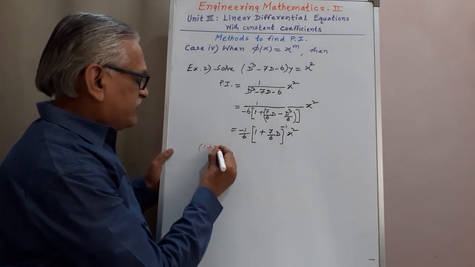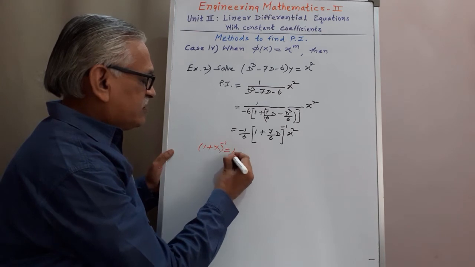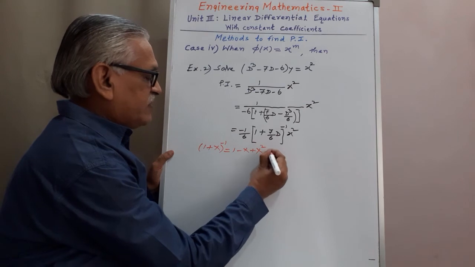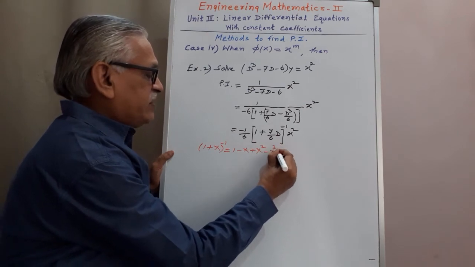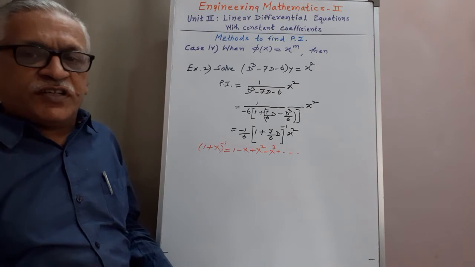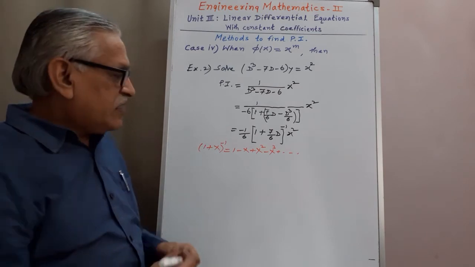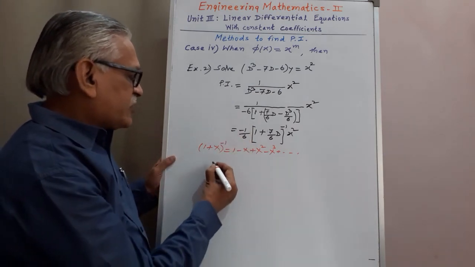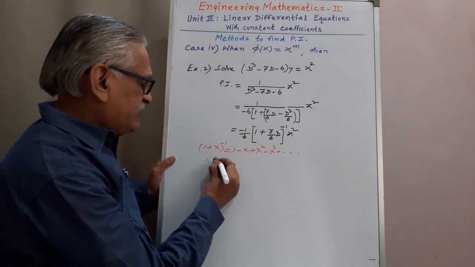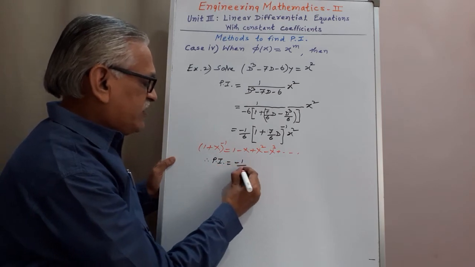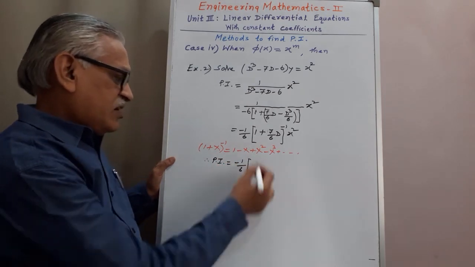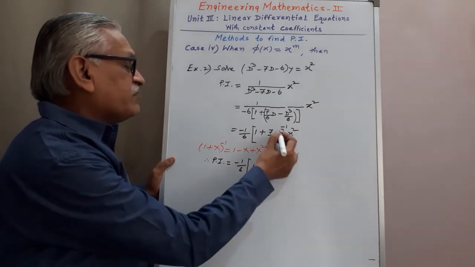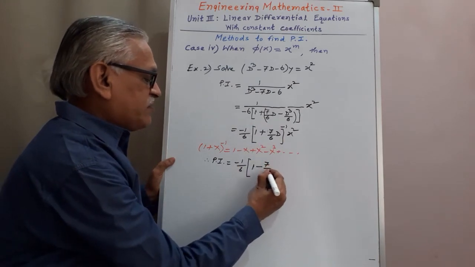1 plus capital X raised to minus 1, as terms are 1 minus x plus x square minus x cube, and so on. Terms alternately positive, negative. Means if we consider this term 7 by 6 times D as capital X, its expansion is, therefore we get P.I. is equals to minus 1 by 6 times, first term is 1, then minus x. X means here 7 by 6 times D,